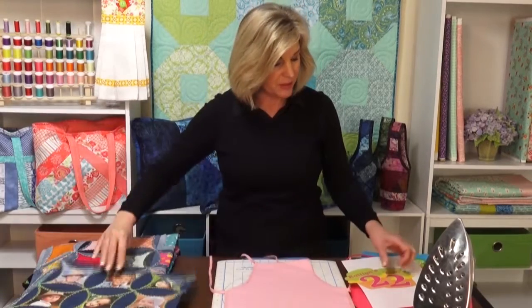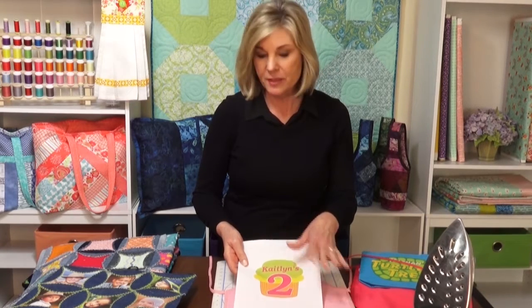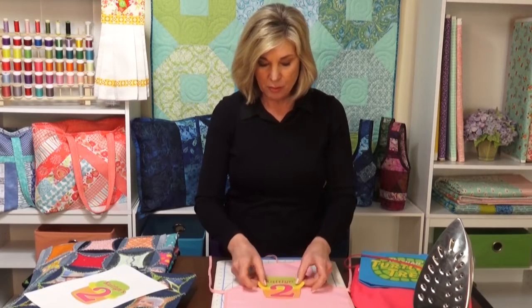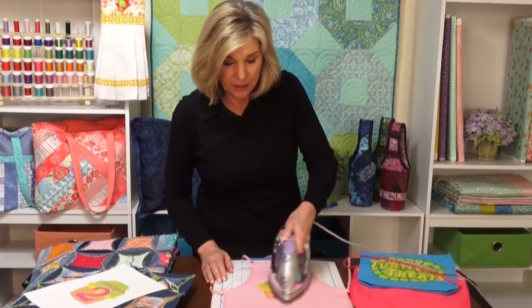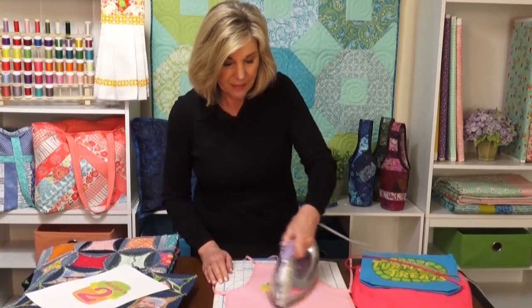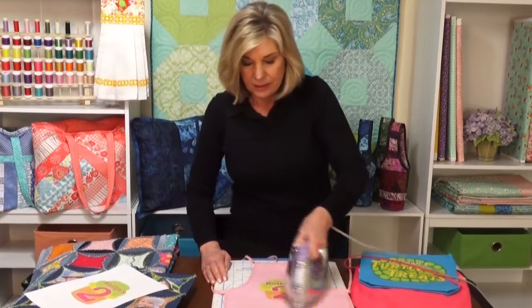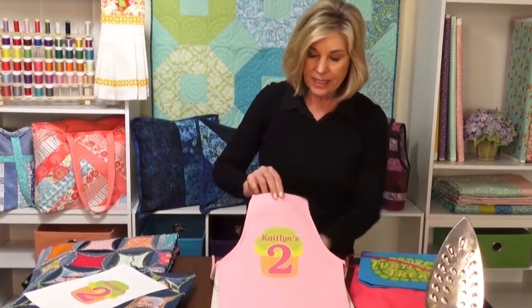In addition to putting the photos with the squares and the circles, if you need a little additional inspiration, you can really print out anything on these sheets. It doesn't have to be photos, it can be graphics or text like we've done here, and you simply trim around it, place it on your project. This happens to be a little apron, cute for a little birthday party, and you just simply press it on. You don't need a pressing sheet over the top, just go ahead and press, high heat, and it makes such